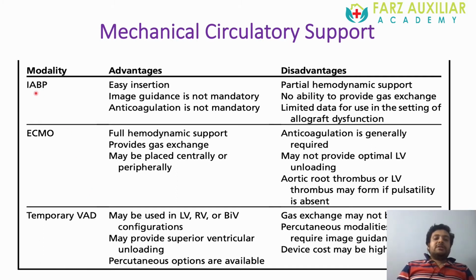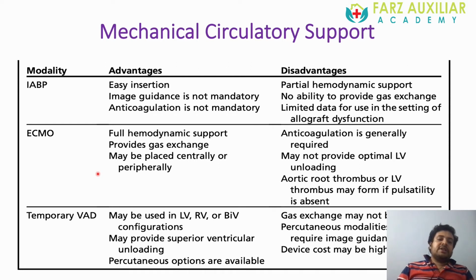Regarding IABP, most cardiac intensive care units use it in patients with cardiogenic shock after acute myocardial infarction, but the evidence in support of its use is limited nowadays. ECMO is commonly used in specific scenarios, like post cardiac transplant patients, though the superiority of one device above another is not fully